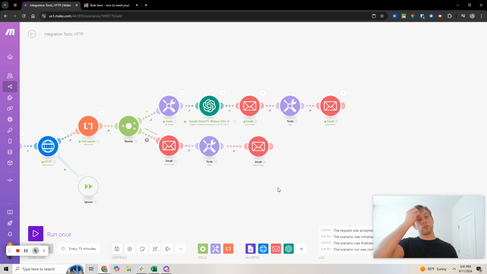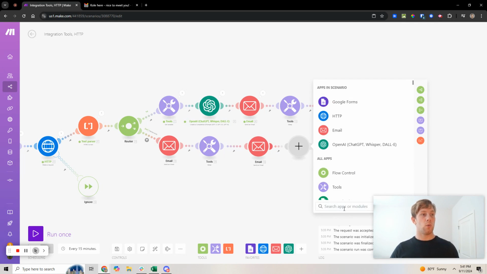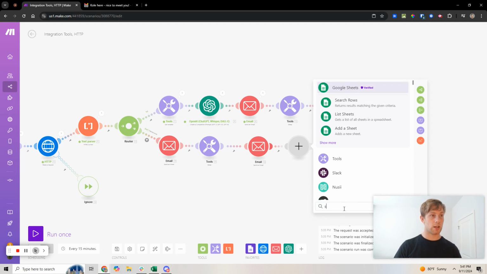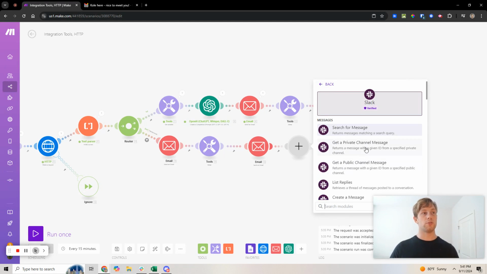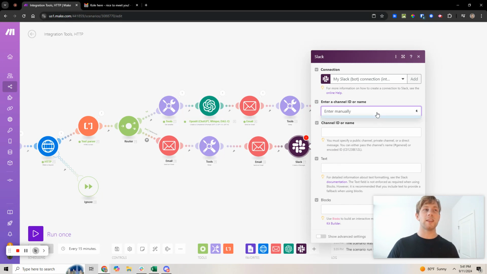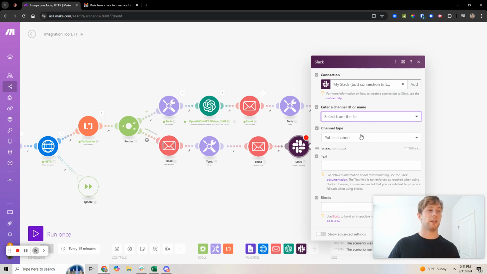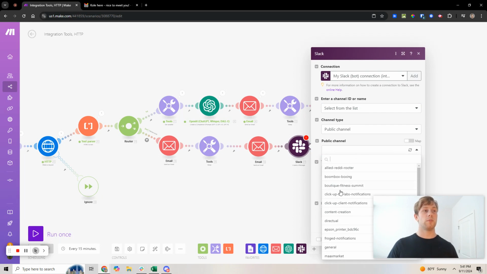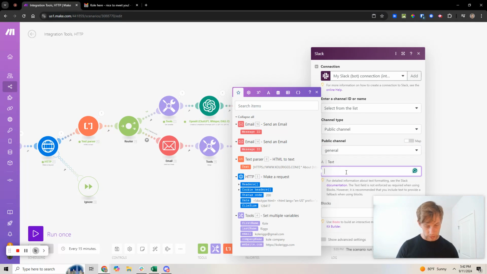The one thing I would really say is really good to do is to add in an extra piece where you're giving your team communication on whatever platform you're using. So let's see here. We want to say create a message. I really think it's important for us to create a message directly to an individual or just to the channel that makes the most sense. So let's just say general for this one. And it's just literally, first name, intake form, and we've sent